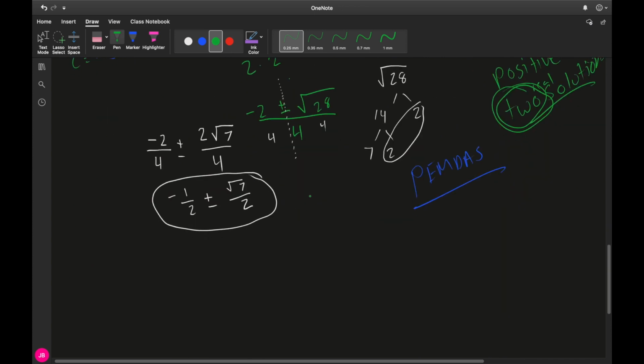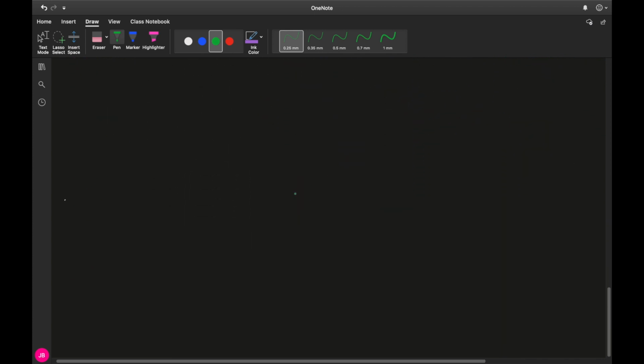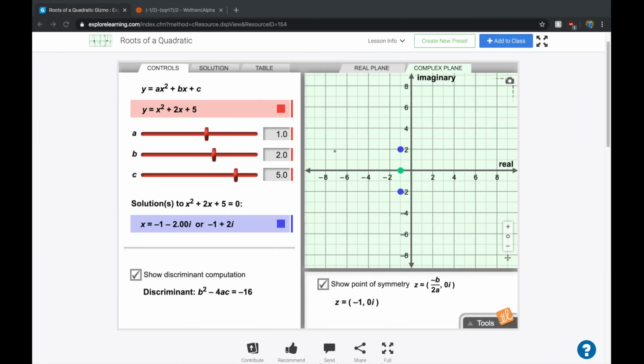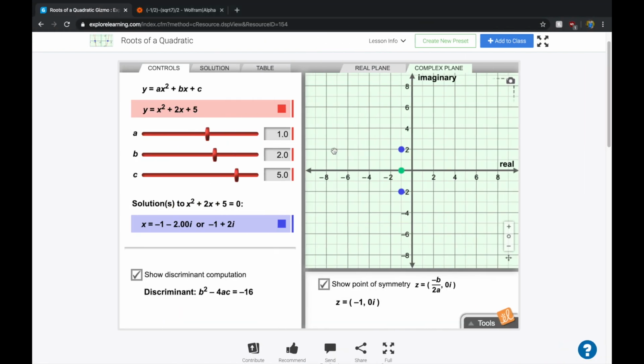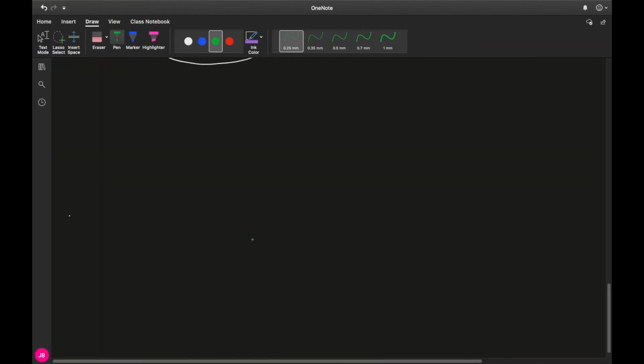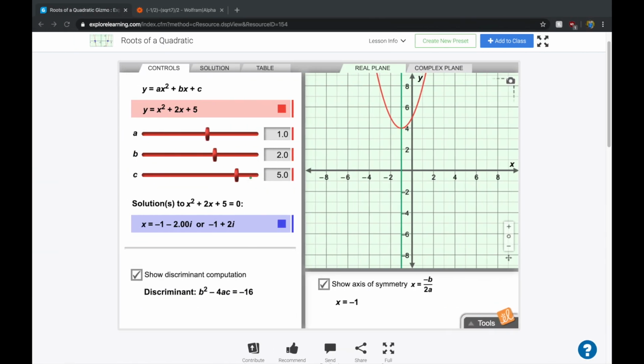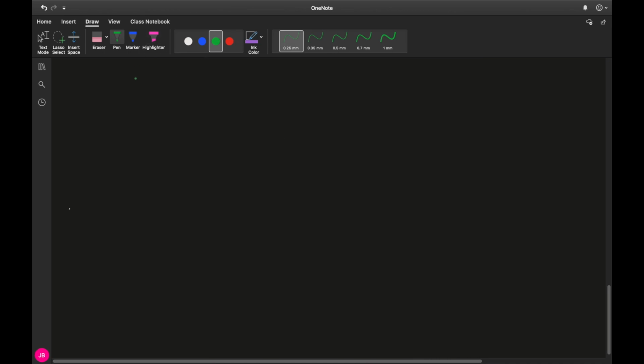Now, to end this video, I'm going to go ahead and do one more example, but this time one where we get an imaginary solution. So if you notice here, the solution to this equation should be imaginary. So let me show you what that looks like. Okay, so if I have the equation x squared plus 2x plus 5,